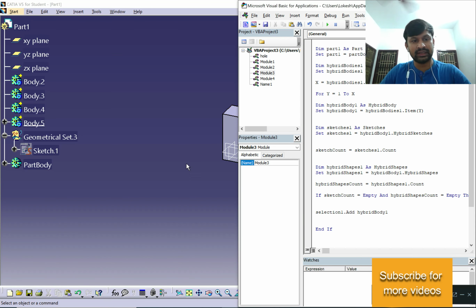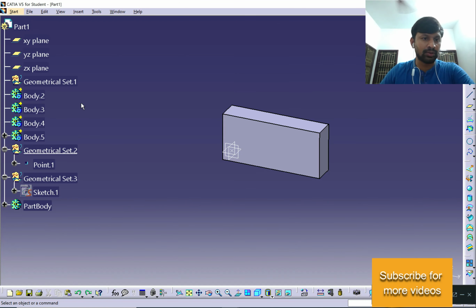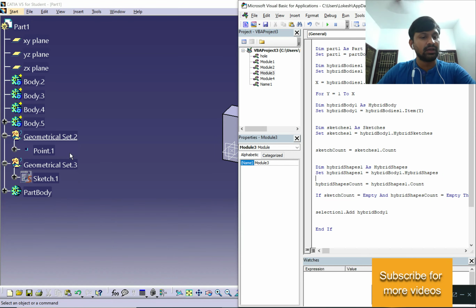Then I need to delete the geometrical set. Let's do Ctrl Z here. So now we have geometrical set 1 and geometrical set 2, and 2 has a point. Now let me run this code. You can see there is a point and it's not deleting that geometrical set.